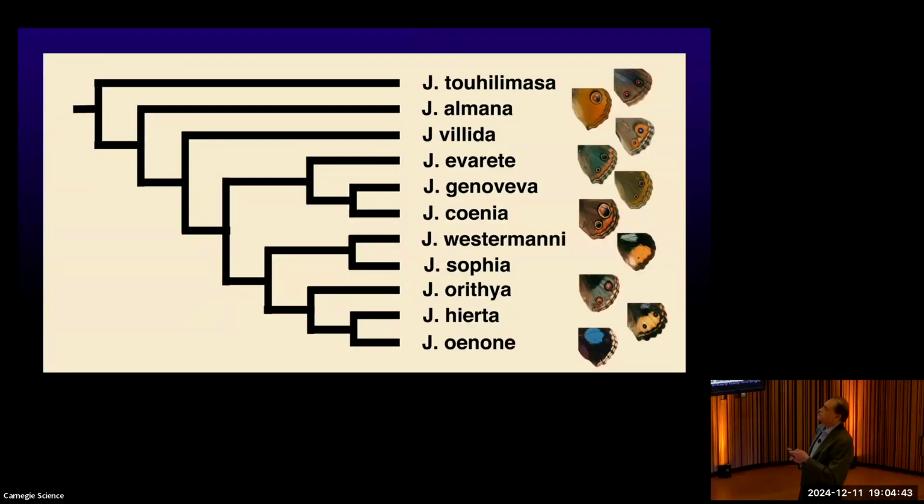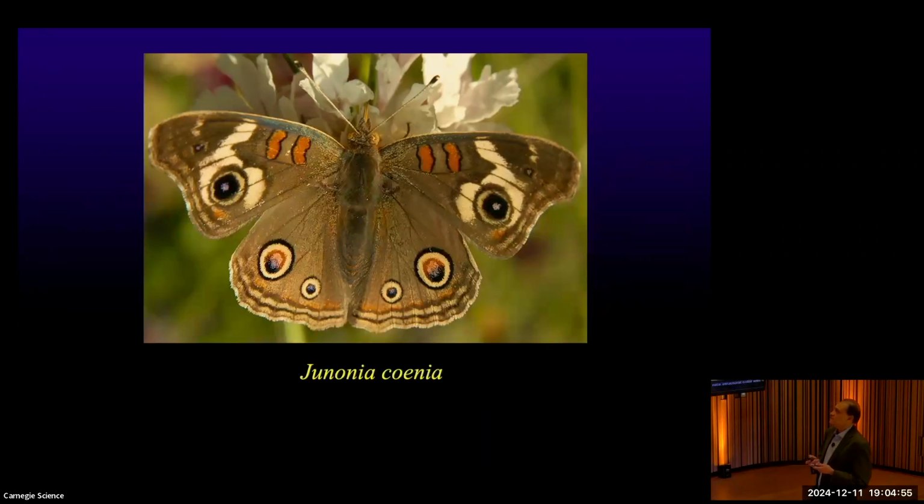So in this sort of evolutionary tree, this North American buckeye is right here. You can see it's stuck in the middle of many different, closely related species that have really nice structural color. Well, it turns out when you collect these butterflies in North America, every now and then, about 5% of the population or so has a little bit of blue on it, okay? So just a little bit.